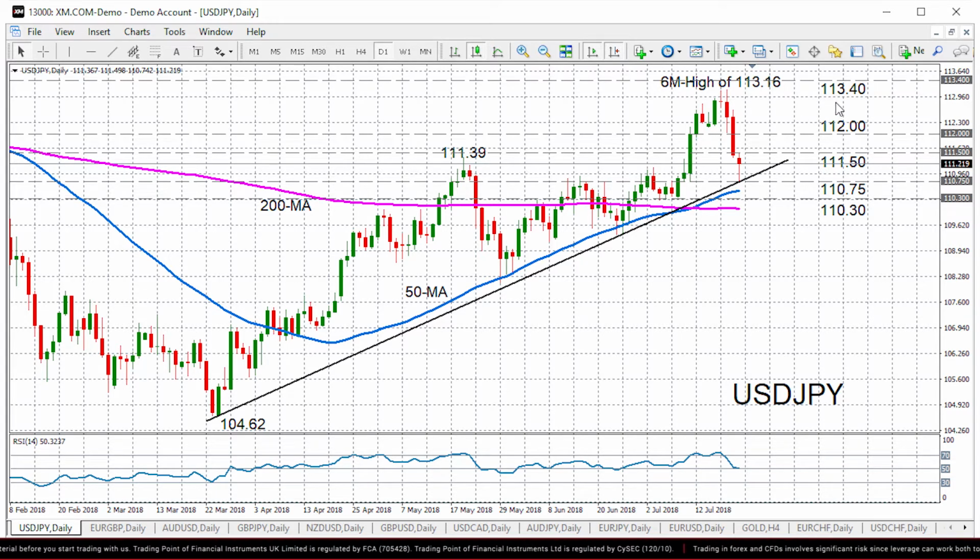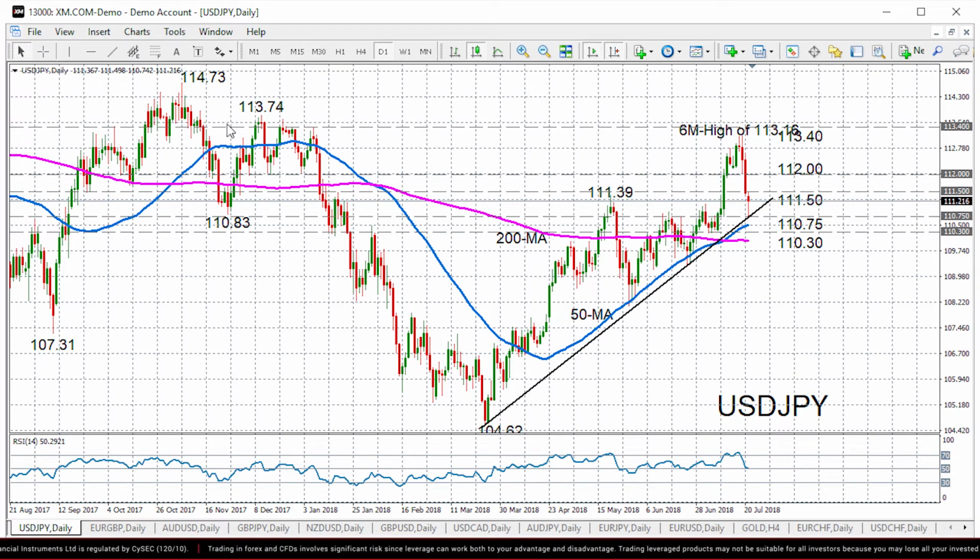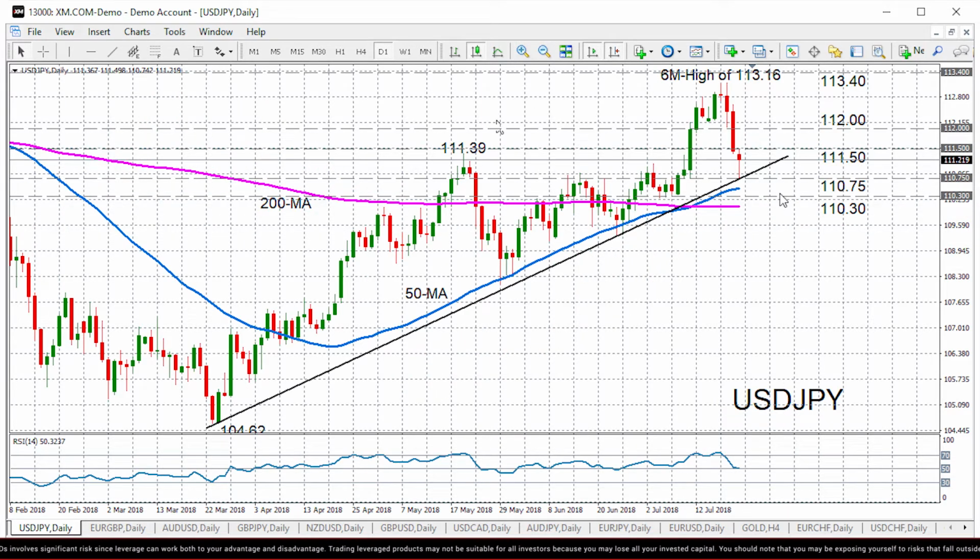And then we've got that strong resistance area around 113.40, which we can see price has struggled several times, back in late 2017 and early this year, to break above that region. However, if prices were to break below the ascending trend line, support should come first at